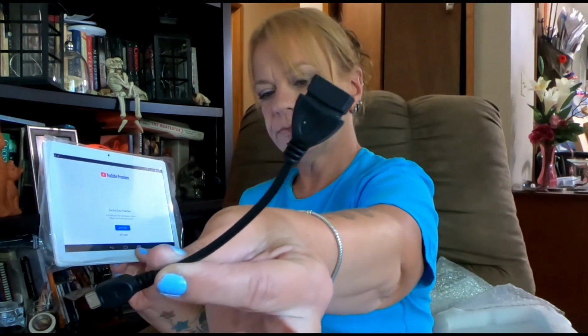Oh, while we're opening YouTube, I want to show you, it came with a regular charge cord, of course. It's not very heavy, very light, cheap plasticky. It came with a USB charge, so I can plug it into any block. And I think this is a transfer cable. Not 100% sure, but that's what I'm gonna say. Okay,